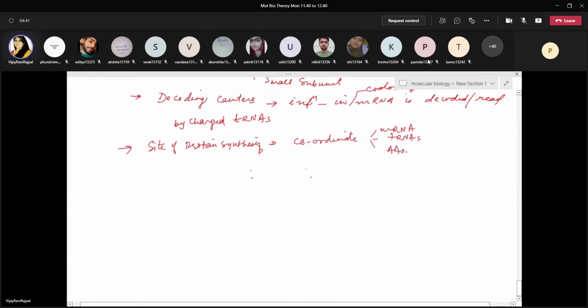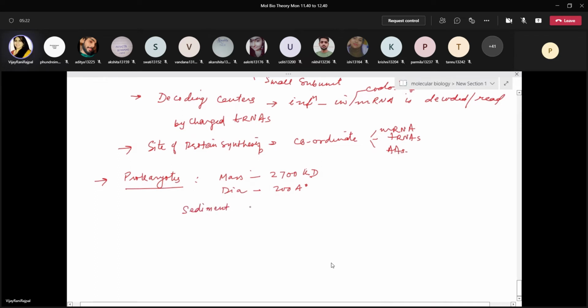Where all the complexes join, and finally protein synthesis takes place. Now, ribosomes in prokaryotes and eukaryotes are different. So in prokaryotes, again, it's a ribonucleoprotein particle, but the mass of this ribonucleoprotein particle or ribosome is 2700 kilodaltons. D is for daltons. They have a diameter of 200 angstrom units, and they have a sedimentation coefficient